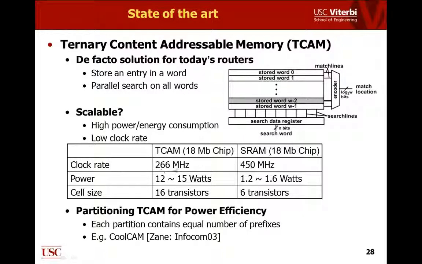Also, the clock rates of TCAMs, of course, these numbers change. I'm just showing an example implementation, say 2 years ago here, and so there is a wide variation in performance as well as in the amount of power you're going to be dissipating in those devices, and that gives us opportunities to think of using traditional SRAMs, DRAMs. There are variations of DRAMs specifically designed for router applications. Can we use these kinds of lower power devices, which are also high density devices? You can get very high density in terms of the number of bits you can store in that device. Can we exploit those kinds of devices and then get high throughput and low power in the process